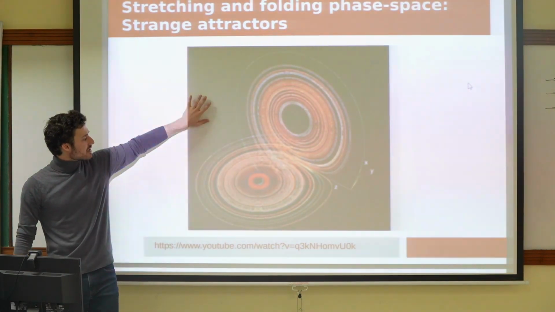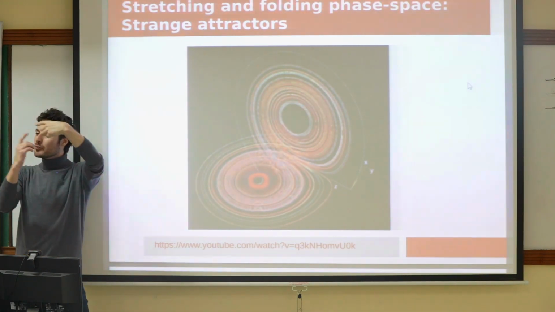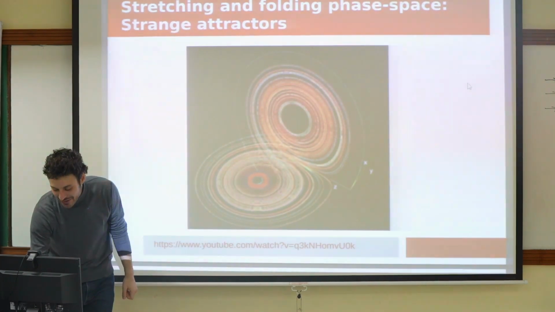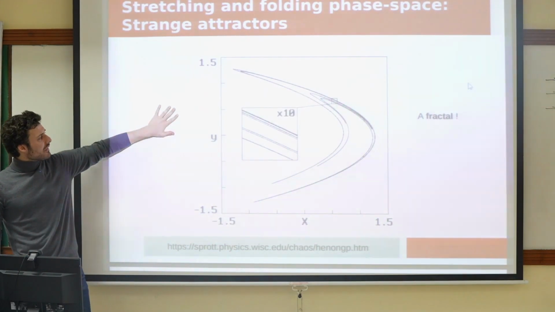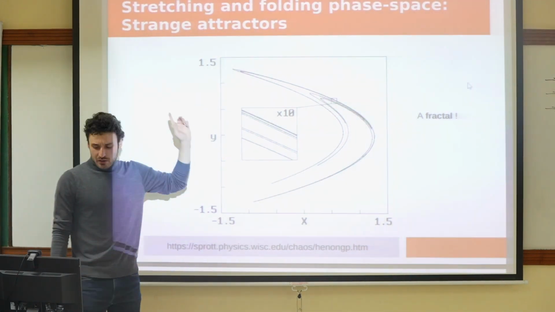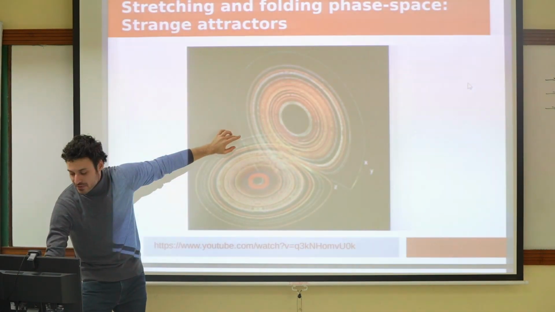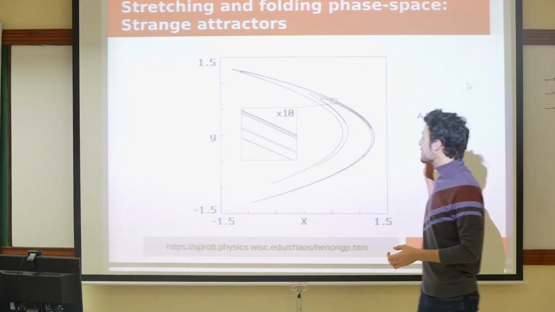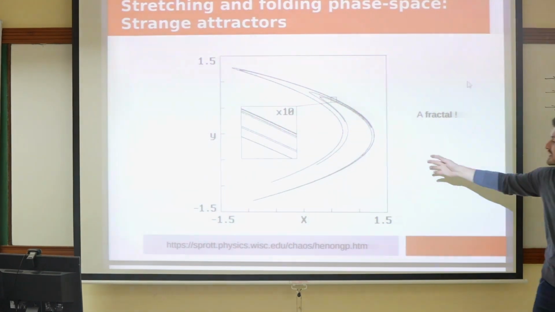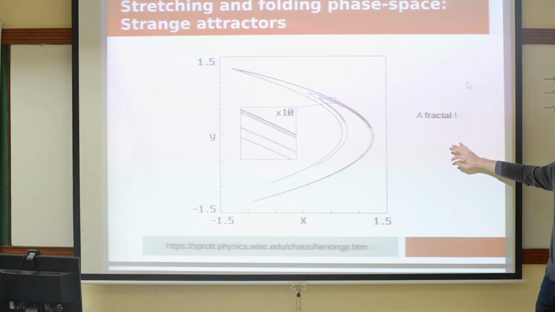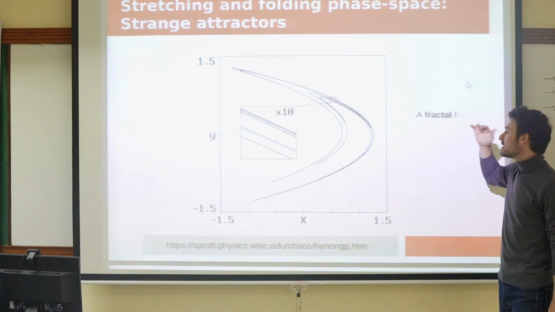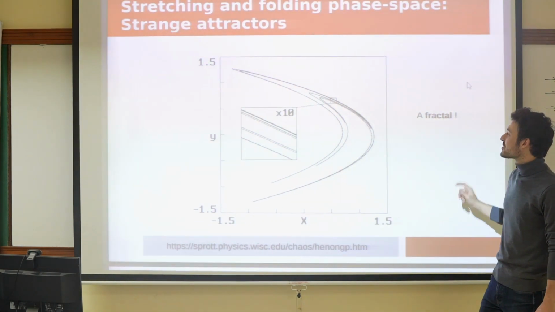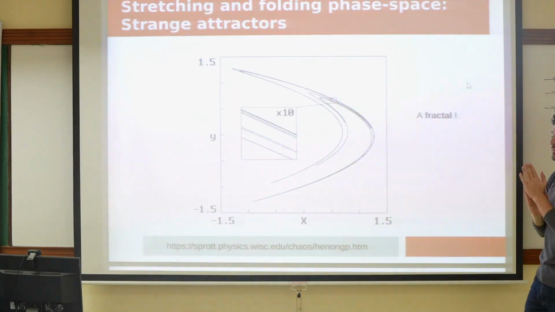Okay, and so this is what it looks like, kind of frozen. But I think looking at it in motion gives you better intuition for what's going on here. So here's another attractor. That was the Lorenz attractor for the Lorenz system. As it turns out, there are many types of attractors, and they all have different shapes, but they have similar features. This is an attractor for a system known as the Hénon system, which is again a fairly simple map. But the point of the Hénon attractor is that it gives you a very straightforward illustration of why attractors are fractal.